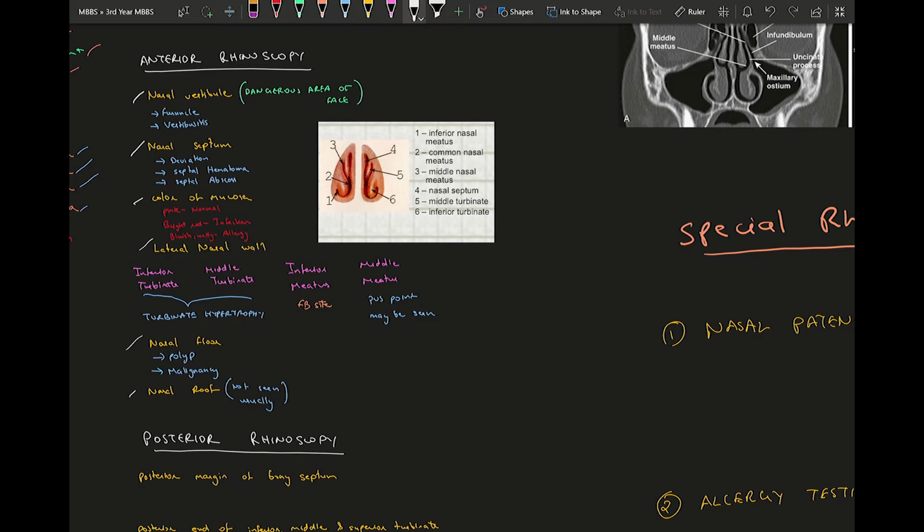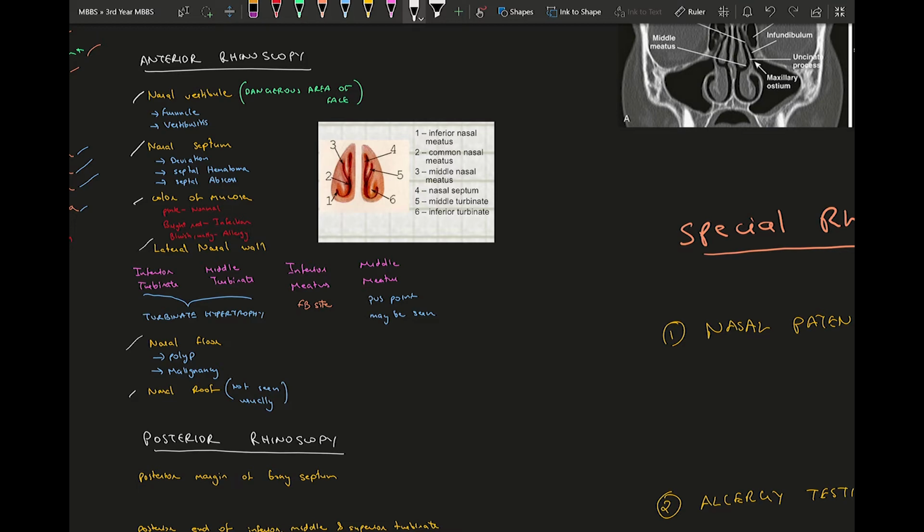Moving on to the nasal septum, the different kinds of conditions you can see on the nasal septum are deviation. Either you have a C-shaped deviation, an S-shaped deviation, or a spur. Those are the different types of deviation which may be present. And then septal hematoma, an accumulation of blood over the nasal septum, usually due to some kind of trauma. If this septal hematoma is left untreated, it may develop into a septal abscess. So these are all things you can visualize on the nasal septum.